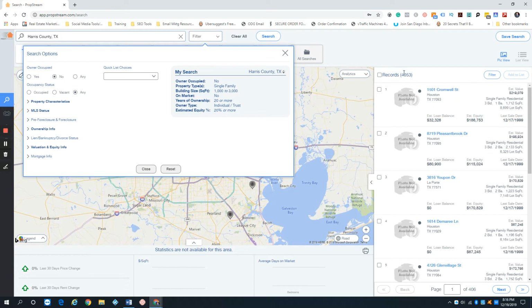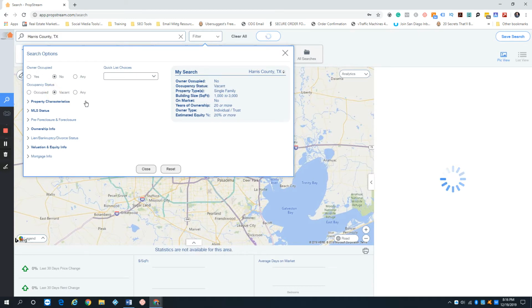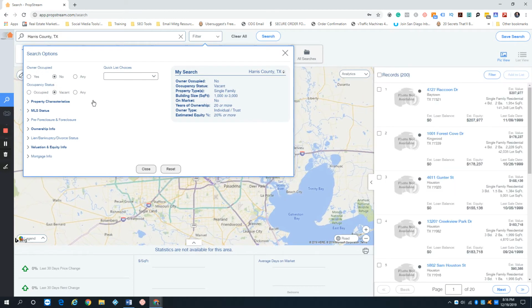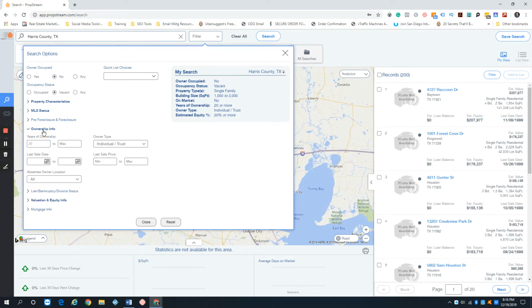From here, this is a good list size. If you want to get granular with this list, you can go ahead and just hit vacant. It's like, hey, how many absentee owners that have vacant properties that have owned it for more than 20 years? 200. Okay, now this could be a good list you can pull. I would say, because mailers are expensive, this could be a good list to send mailers or have your cold caller hit. Let's go back to, let's see here, owner occupied, vacant. Shoot, we can even go,